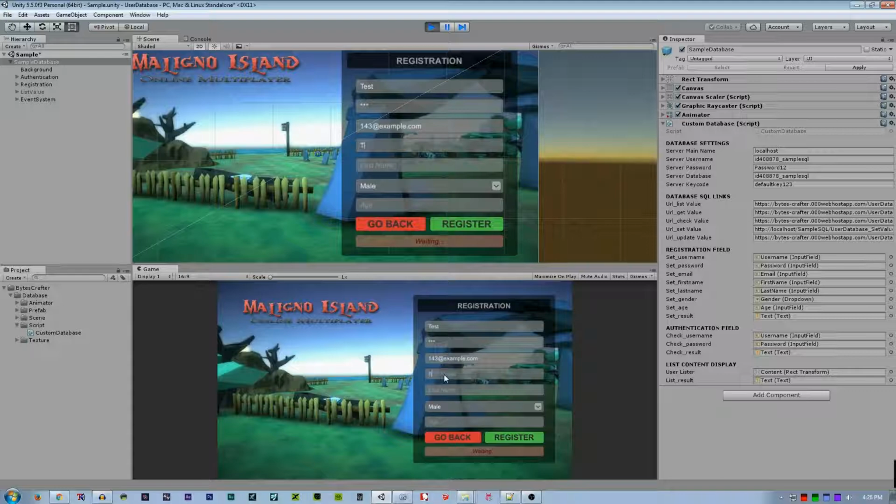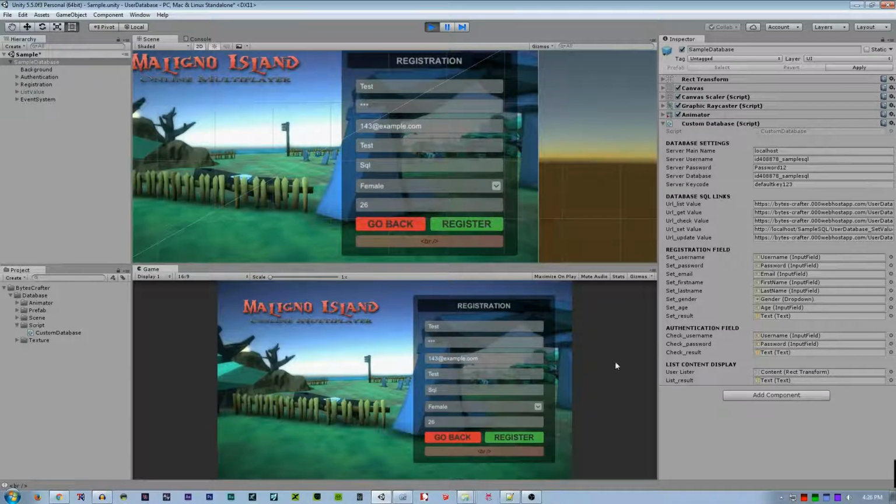First name is test, last name could be SQL. Male, and age is 26. So let's press register.